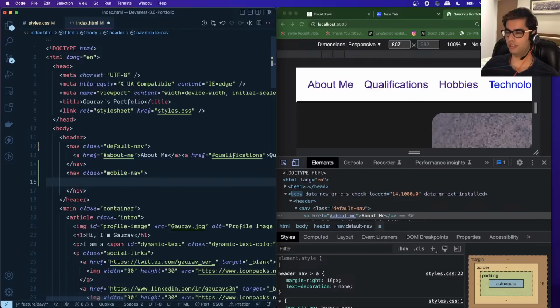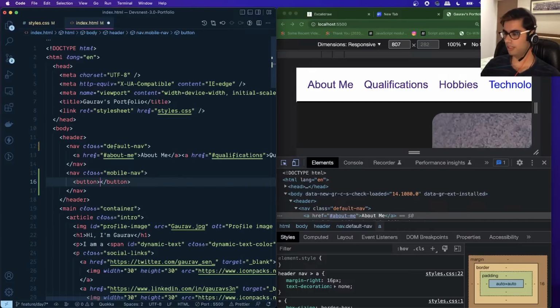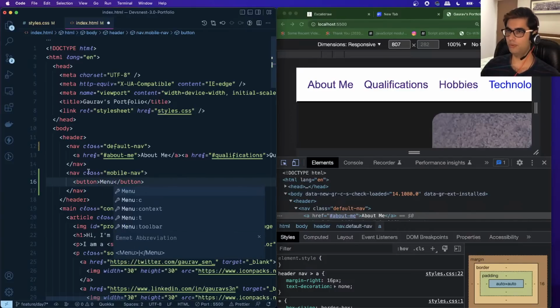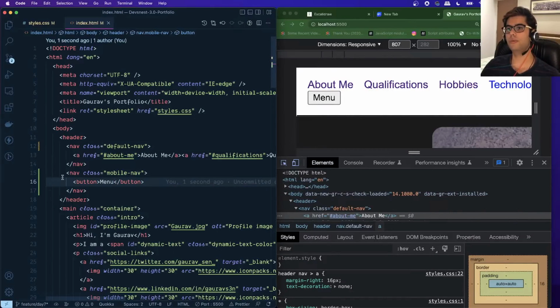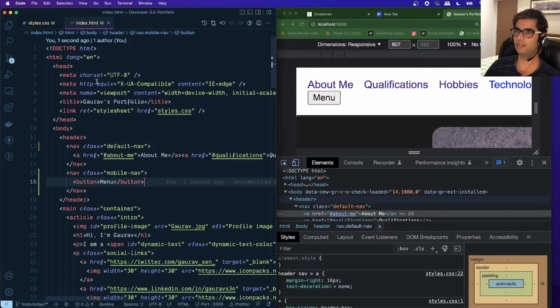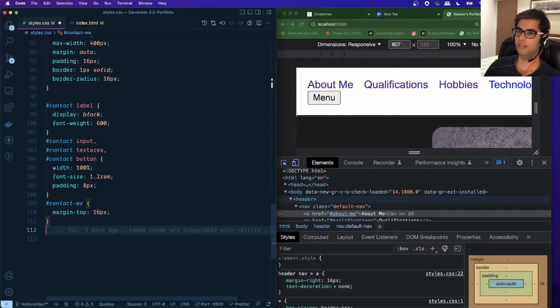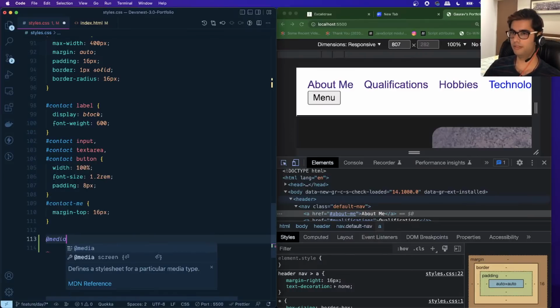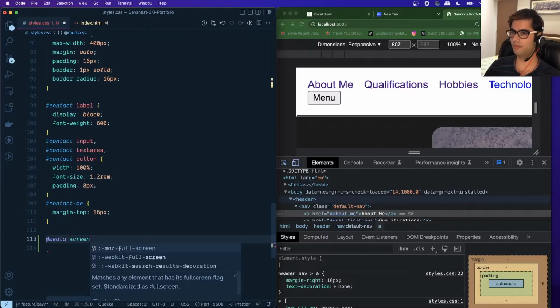All right, and then within this, what we want to do is we want to have a button, right? Let's call it menu. It should show the text menu. Now what we want is that button should only be visible when we are at a screen resolution which is below 500 pixels. So let's write a media query for that. So we will say media, okay, and we will specify for the type screen,